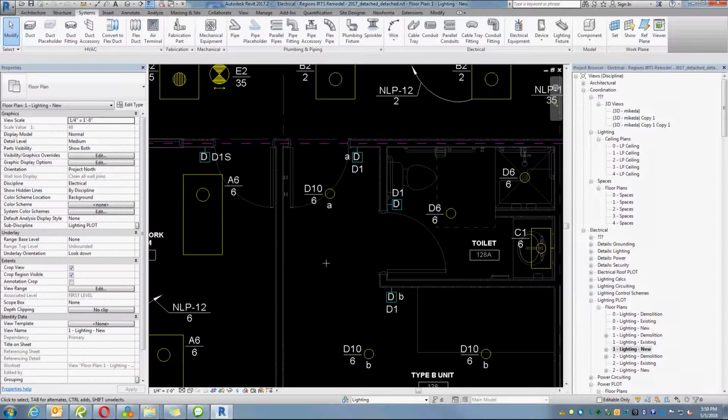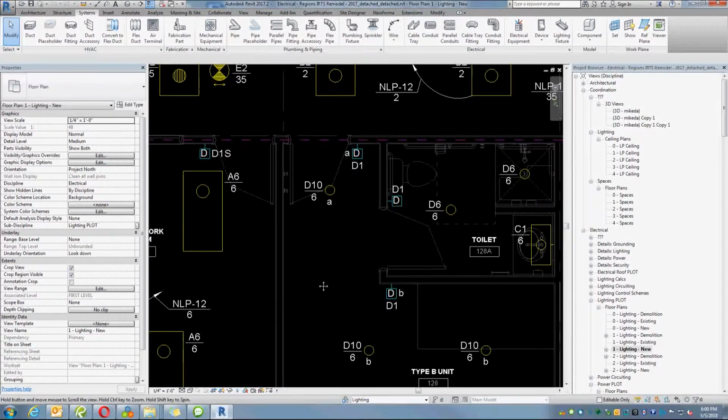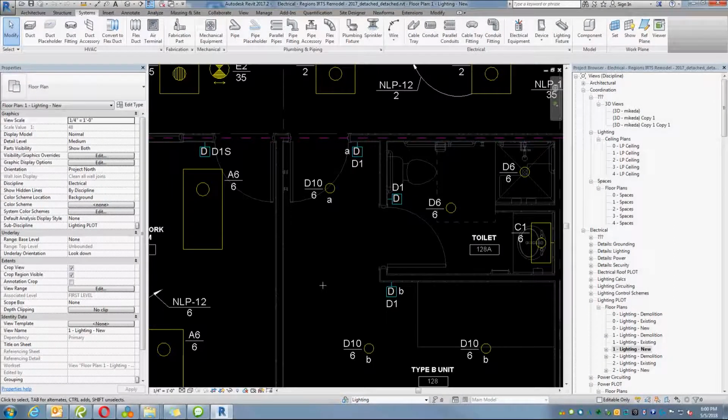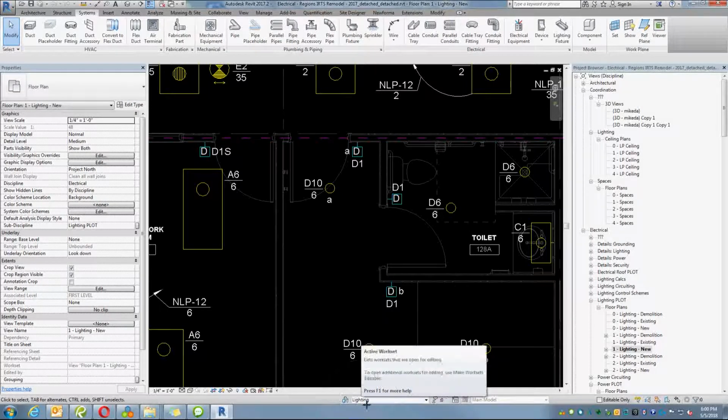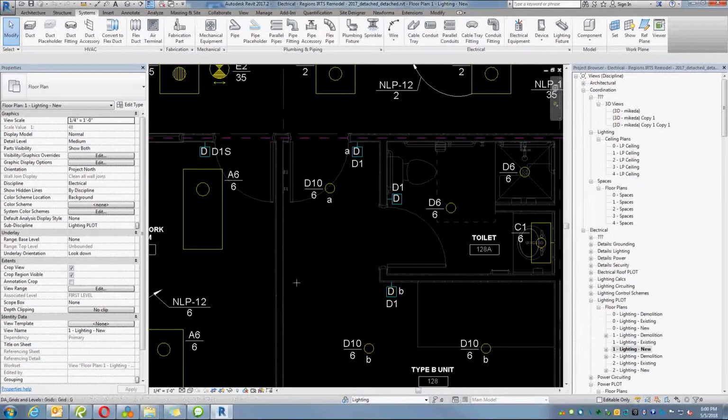It's a little bit different in concept, but once you get a hold of whether you host a fixture to a ceiling or to the wall, it's the same thing all the way through for most of the families in Revit. So once again, you will want to double check your work set every single time you're working in a different view. For lighting plot, you make sure you have the lighting work set on, and then we'll begin adding lighting